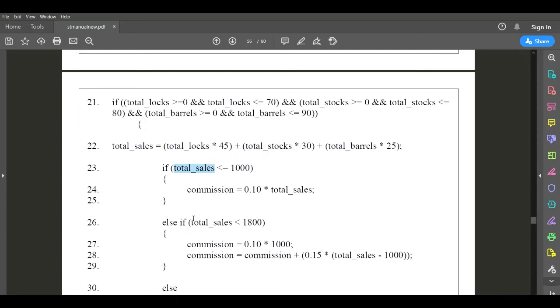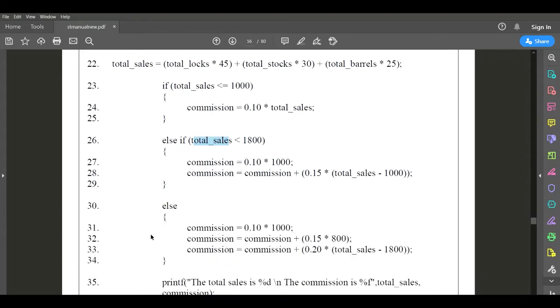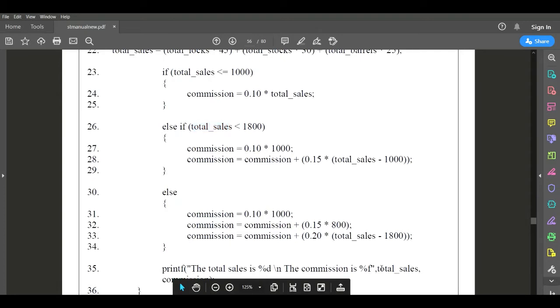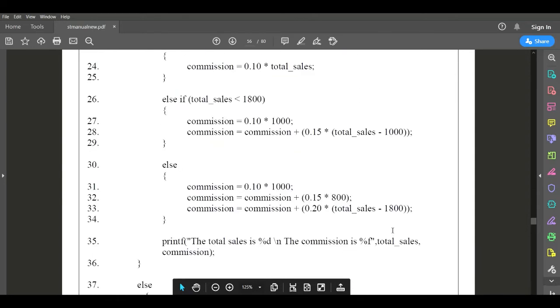Next we are using it here, line number or node number 23, 26, and is there any other? Yes, here also we are printing the message, line number 35, where we are displaying.